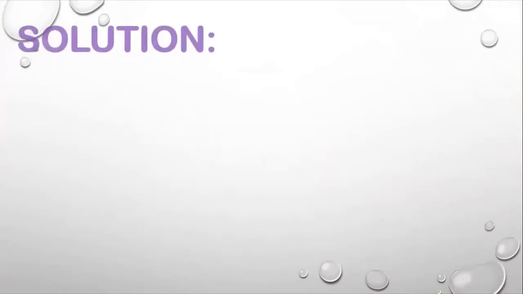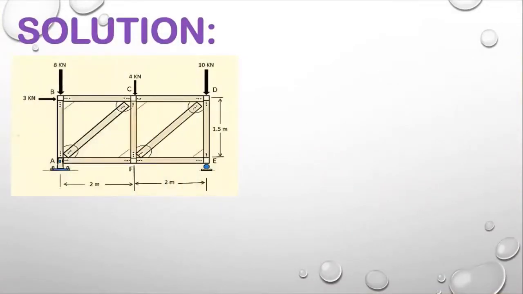So we are moving towards the solution. First of all, we have to find the support reactions. How can we find them? First we have to decide how many support reactions will come over here. There must be two support reactions at joint A, AX and AY, because we have already discussed this in the earlier two lectures, and there must be only one vertical reaction at joint E. You can see that it is EY.